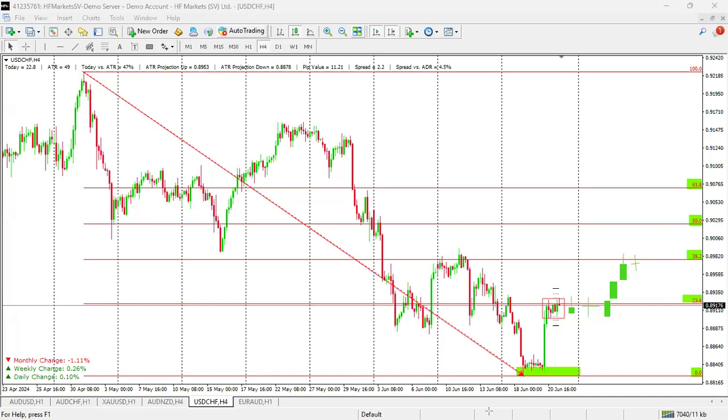So when you're looking at using the fib, whatever fib level you're targeting, always ensure that you find evidences of price action there. Ensure that price is not looking to break the level. The moment price is able to break that level, you need to wait for the next one. And also, another thing that you could add to this is